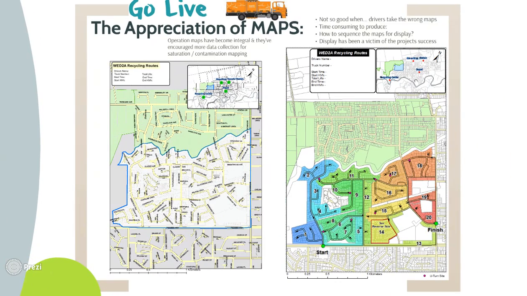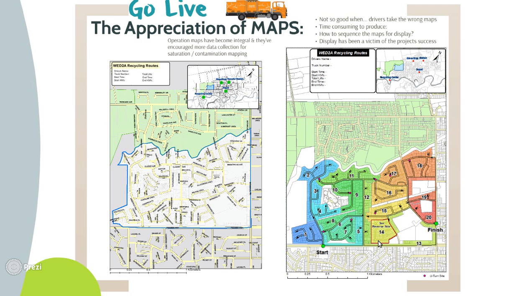In an attempt to get everything up and running, I've got a few weeks to go, I just need to get this stuff out. So I've gone for paper maps and sequence maps, so an overview, and this is a real big step forward for those guys, because up until this point the depot staff and operations were going solely by word of mouth and where people seem to be putting their bins out. That causes us so many problems for training, for just general operations, for knowing what actually happens on a day-to-day basis. This at least defines and gives definitive documentation to what happens. So yeah, we have start points, U-turn locations,